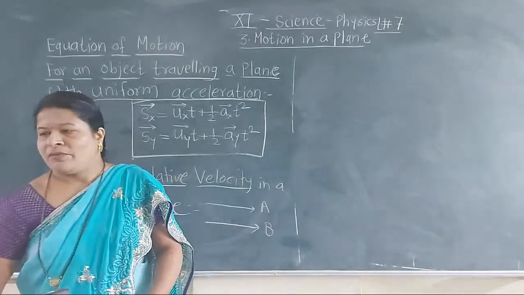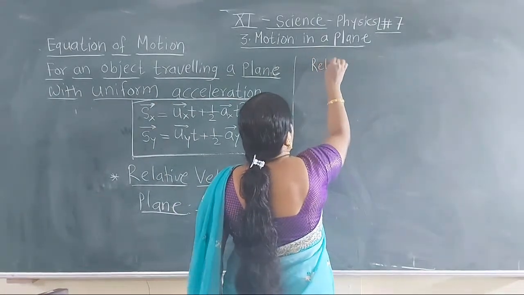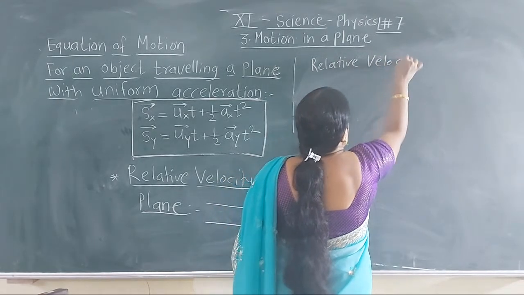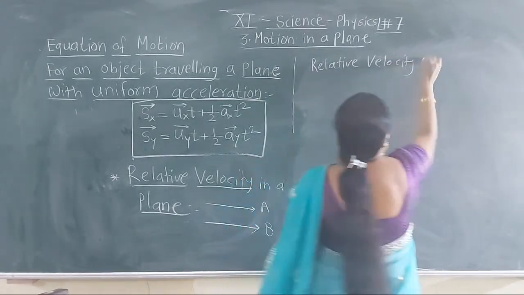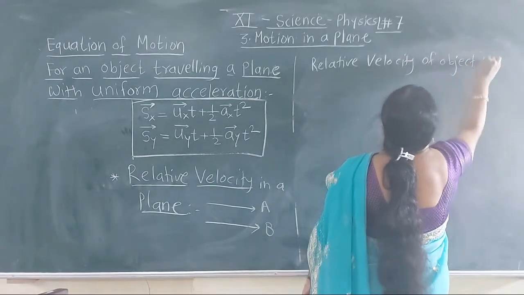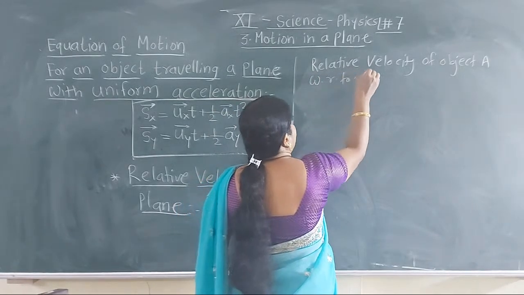Relative velocities of object A. Relative velocity of object A with respect to object